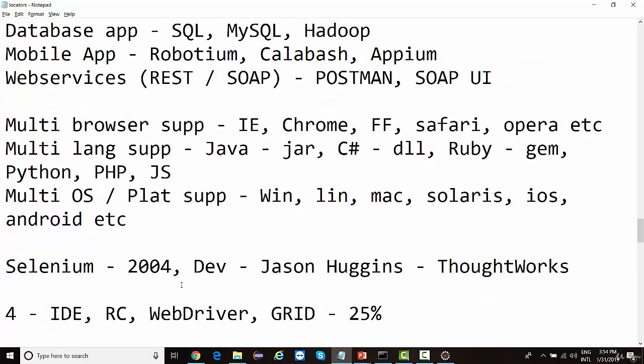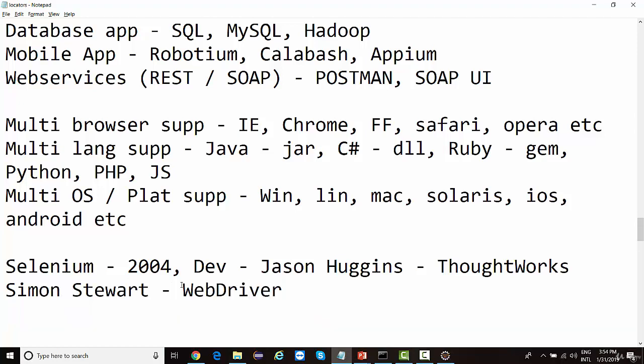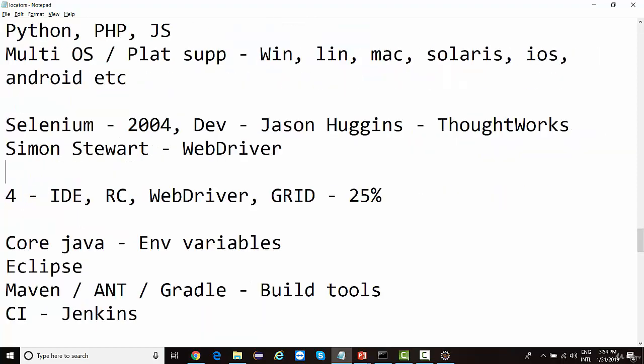So Simon Stewart is the one who actually designed this WebDriver. And later on, developers from Facebook, Adobe, and a number of other developers contributed to the development of this project. Google itself is a very heavy user of WebDriver. They are involved in the major development of WebDriver as well as for their internal functionality. They use WebDriver to automate their web-based applications. So that is what Selenium is.